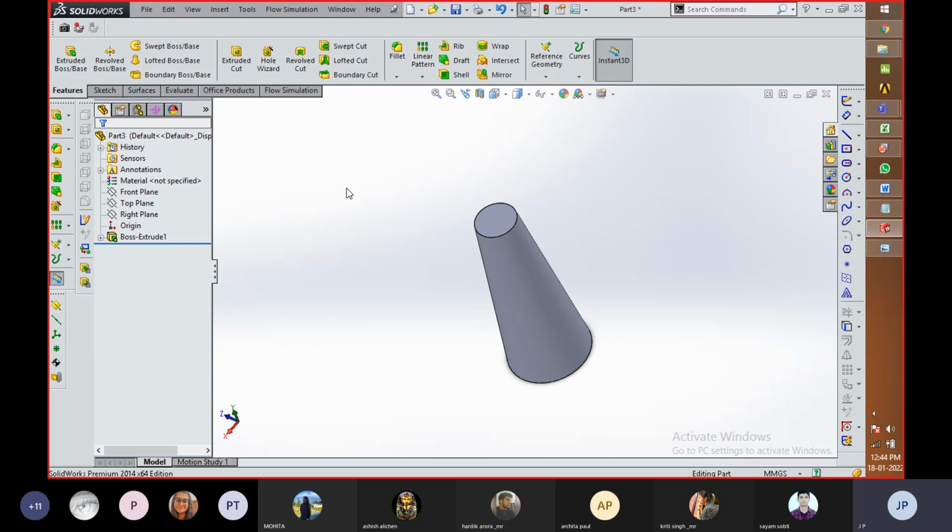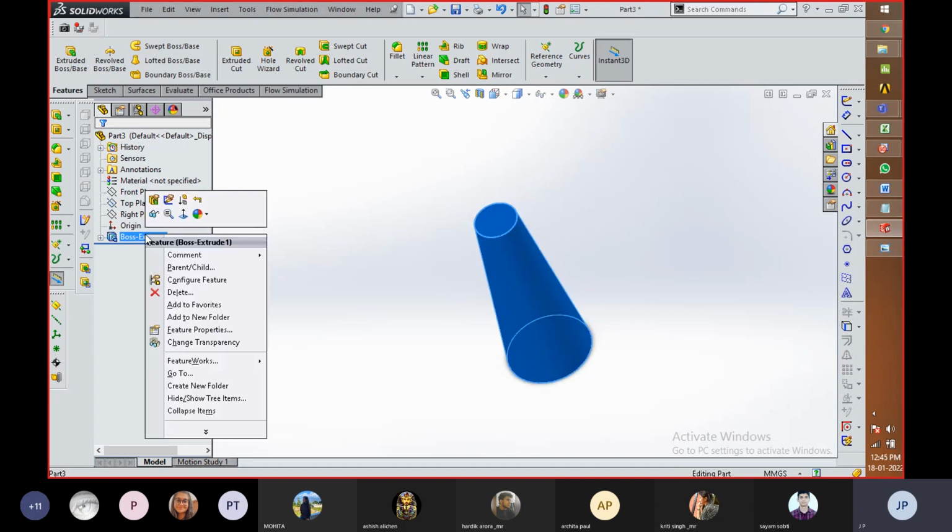Okay. So with the help of this, we can add material within a particular profile. Okay, there's one more thing I need to showcase. Sometimes it happens that you opted for a wrong plane where you need to create it. Suppose right now we created this object in the top plane, and somehow you found that you opted for the wrong plane. So with the help of a tool available within the pop-up, you can change the plane also. So right click over here,